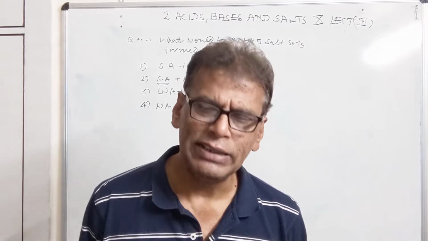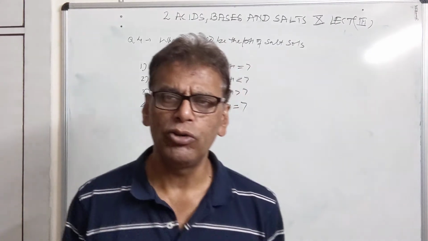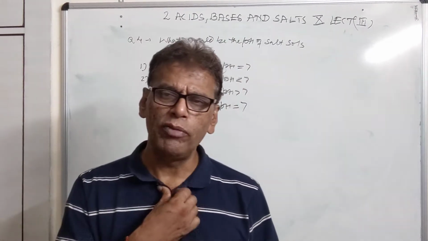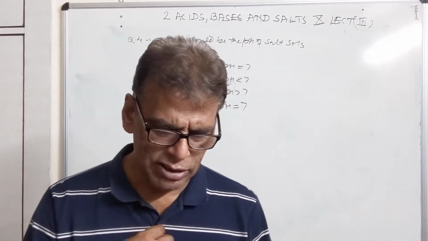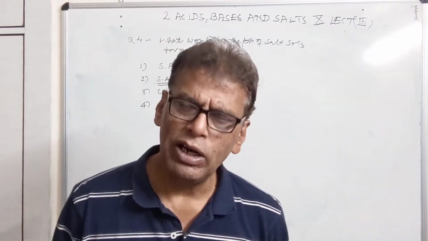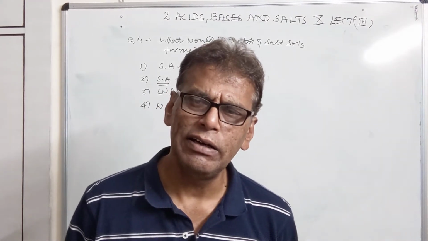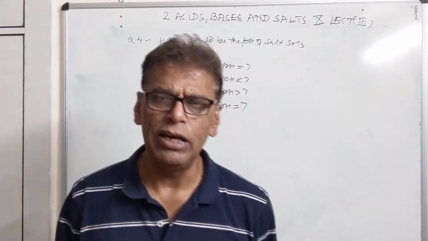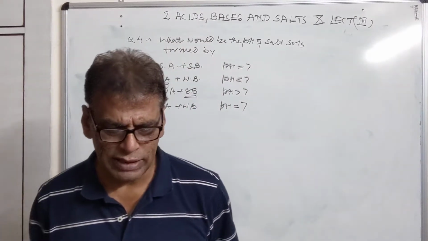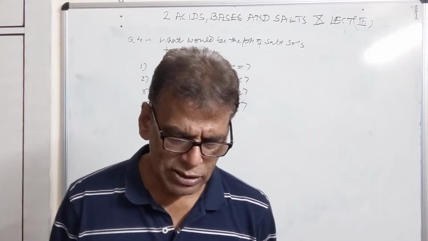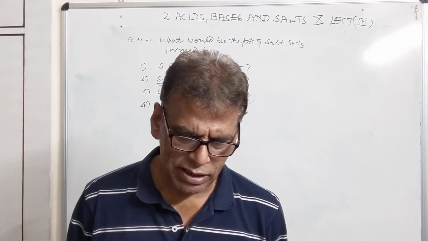Then we have sodium acetate. It will produce sodium hydroxide and vinegar, acetic acid. Sodium hydroxide being a strong base, the pH of this solution will be more than 7, and this solution will be basic. Sodium carbonate, when dissolved in water, produces sodium hydroxide and carbonic acid. Carbonic acid is weak, NaOH is strong, therefore the pH of this solution will be more than 7, and since the solution will be basic, in this case red litmus turns blue.